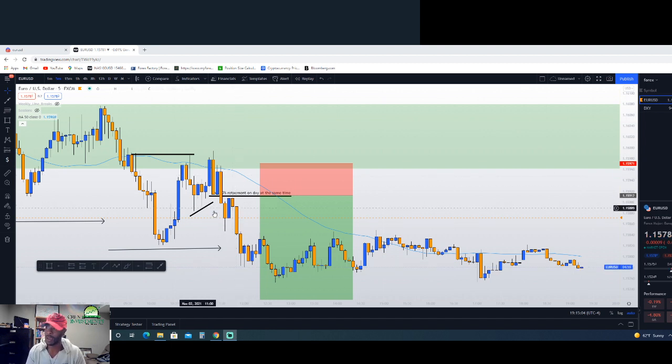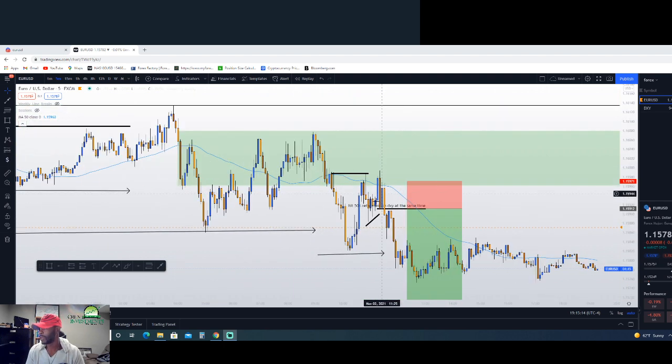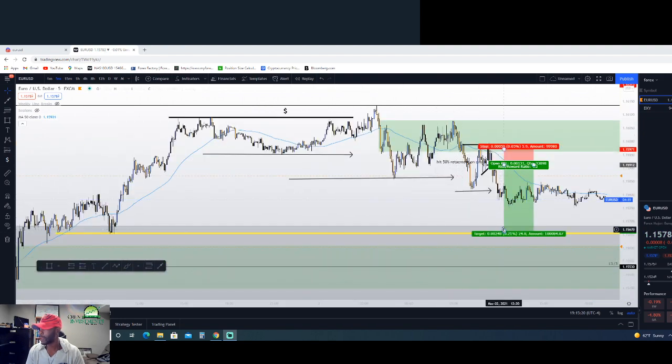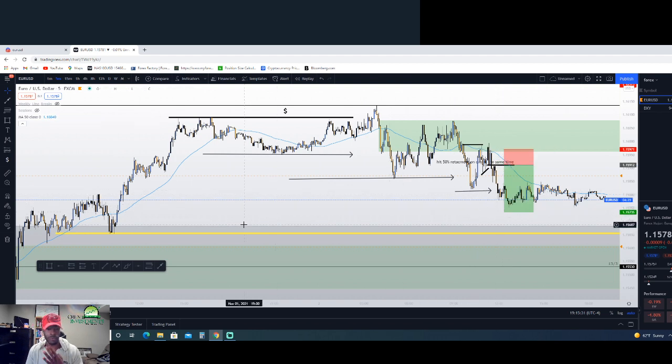So we have 2 things right here. We have our entry and our stop loss. So next thing we need to know before we even push buy or sell, in this case sell, we need to know where we're getting out at. So I personally take profit at a 3-to-1. 3-to-1 is right here, and my 3-to-1 has to match one of my 4 exit points, which is an order block, liquidity, imbalance, or structure. Okay, so with that being said,